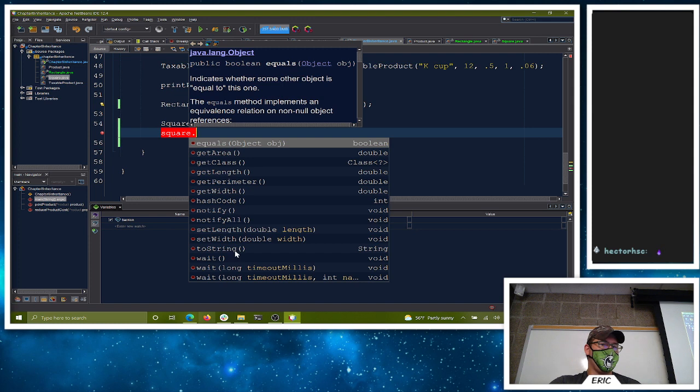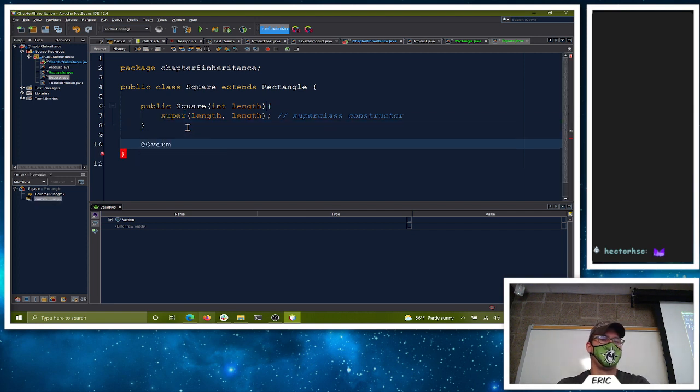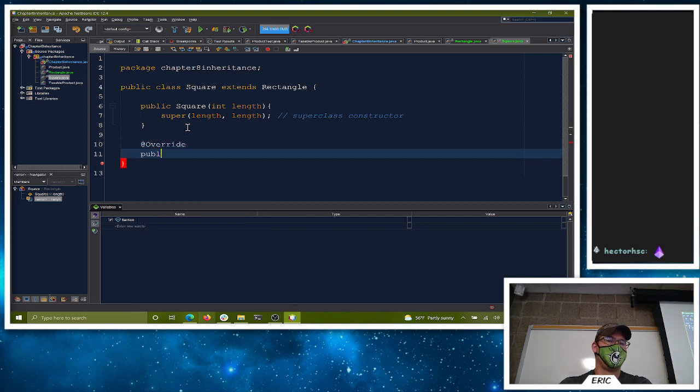Well, there's a public method for setLength and setWidth. That's going to break my square, right? If I can now go change the length and width independently, I've got a problem, right? This is bad. So we need to fix that. What we need to do is override that behavior. We need to have a special behavior for that. So we're going to add an override method. Override for public void setLength, given an int for length,